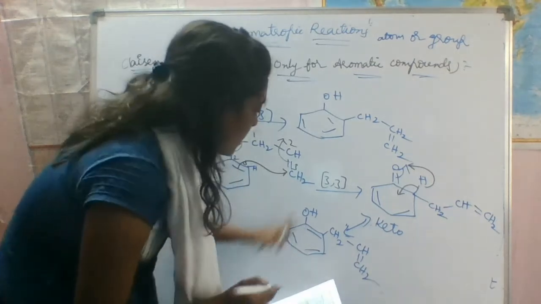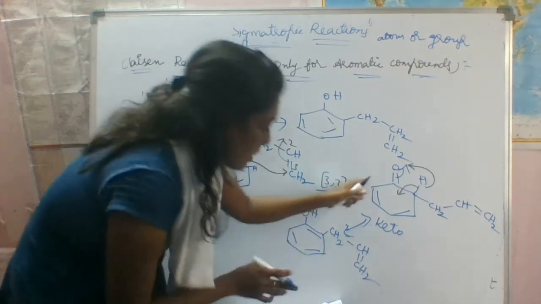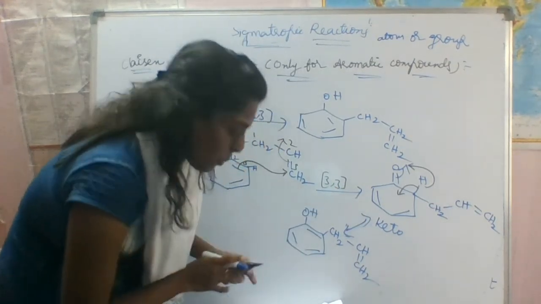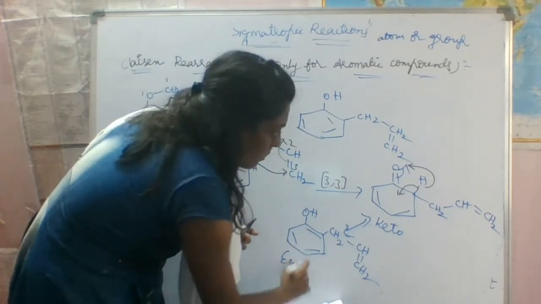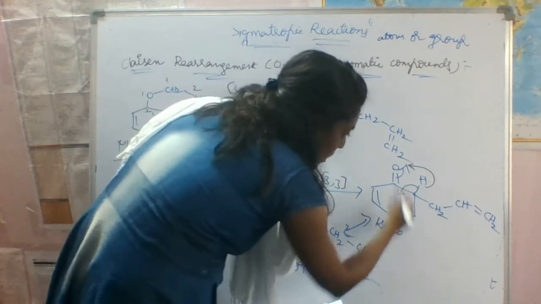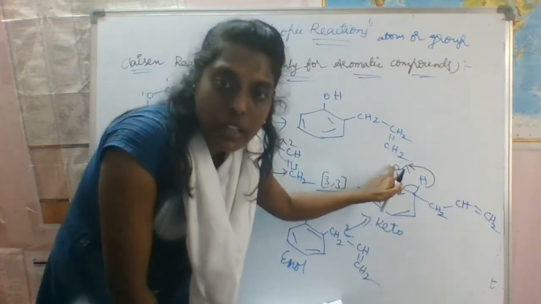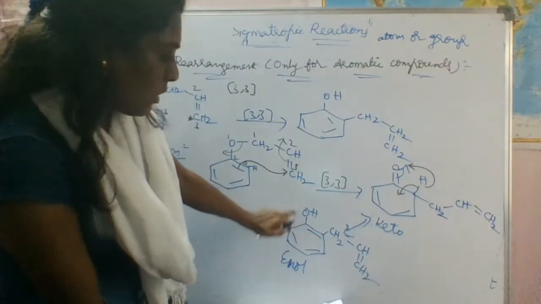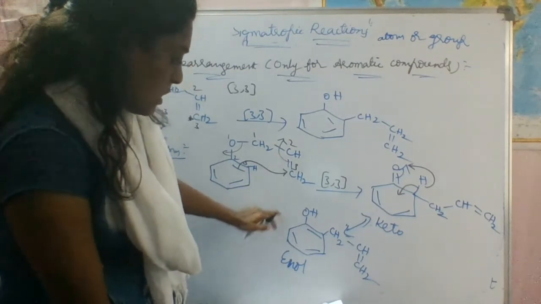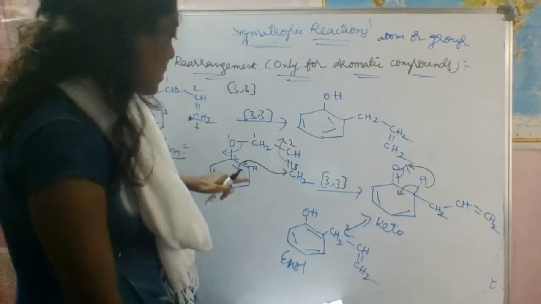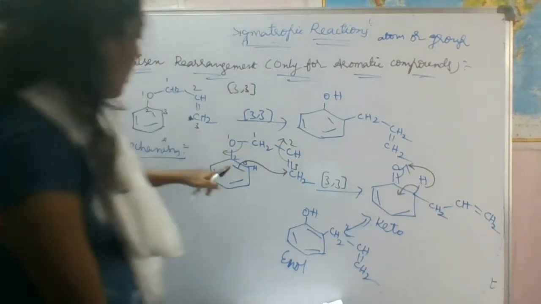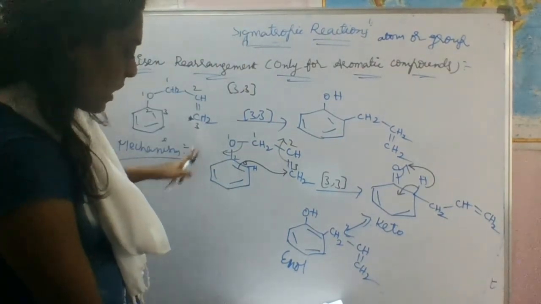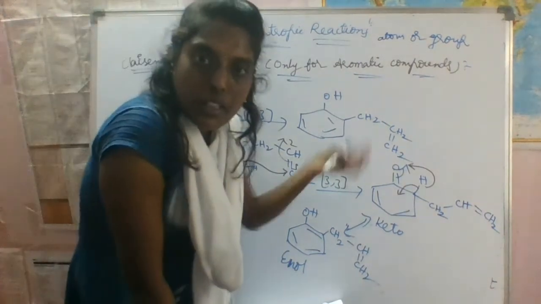Okay, this is enol form. This is keto form, and this is enol form. Okay, this is enol form, means phenolic form, right? This is keto form because double bond is there, and we have to shift this one. Okay, this is right. Okay, next this is ortho position. If it is occupied by ortho position, next it will take the another position.